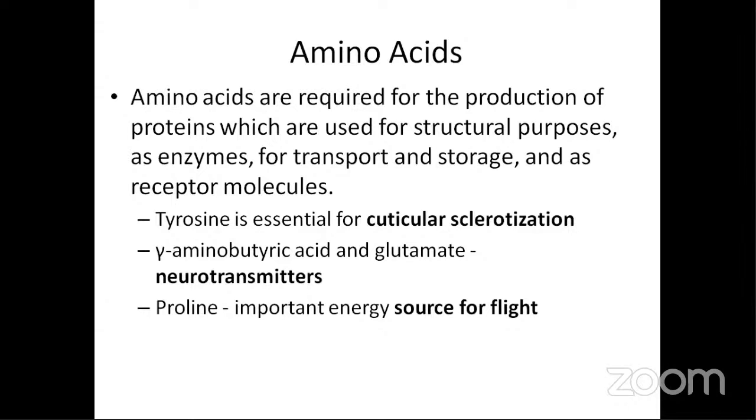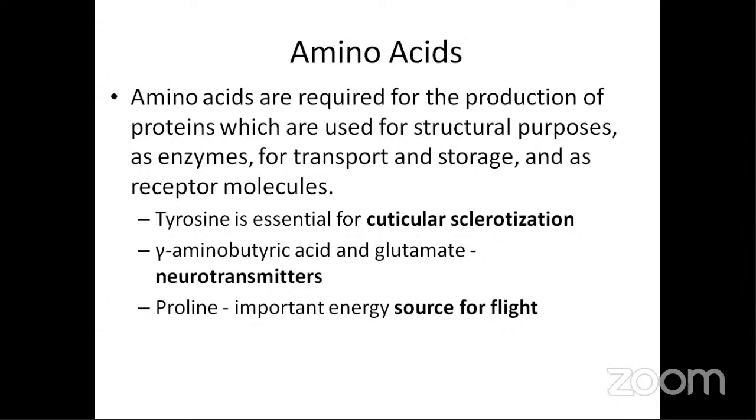Among the nutrients, first we will see the amino acids. Amino acids are specifically required for the production of proteins. Proteins are the compounds which are called structural components. Without protein, it's impossible for any organism to have DNA production or RNA synthesis. From the cellular level to the big organism level, protein is mandatory. For this protein production, amino acid is the basic structure, as well as for enzyme production, transport and storage.